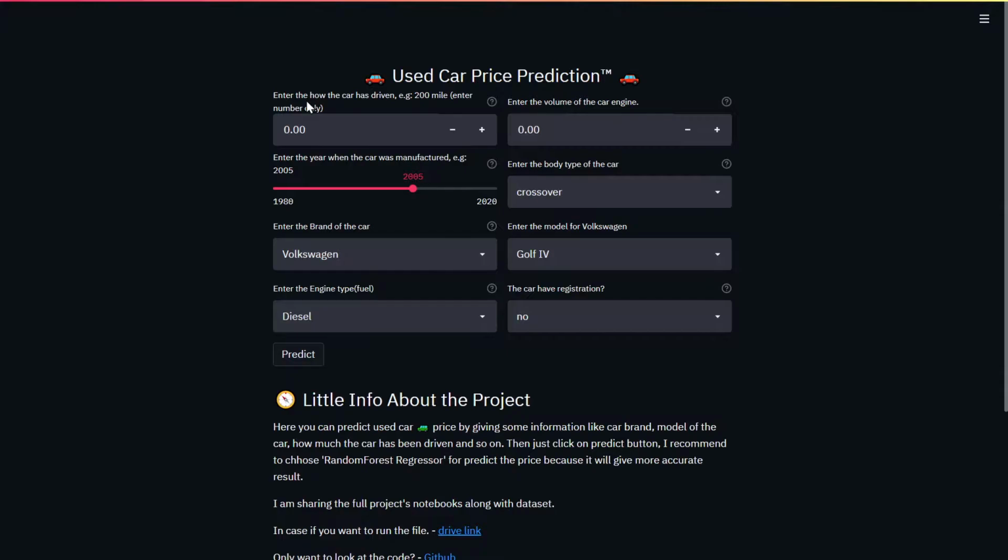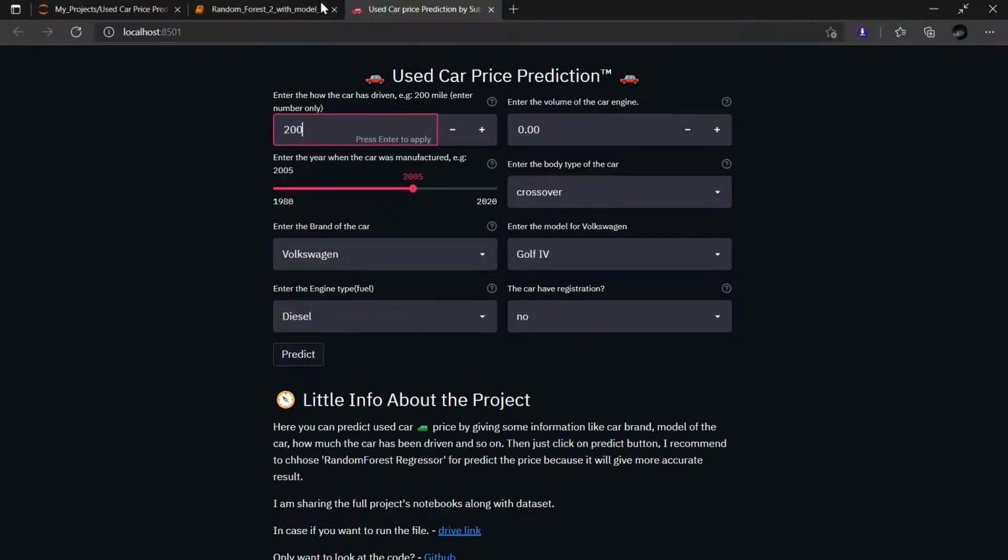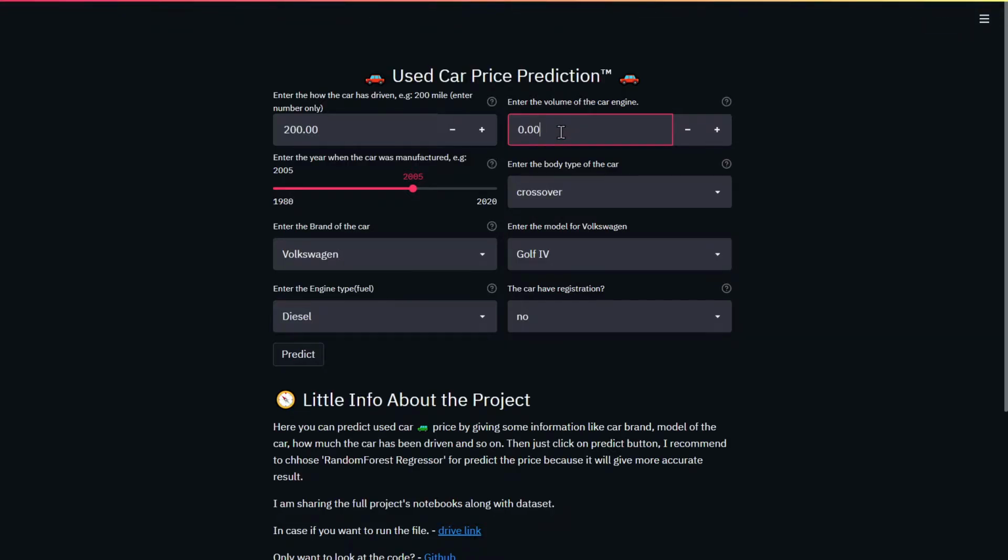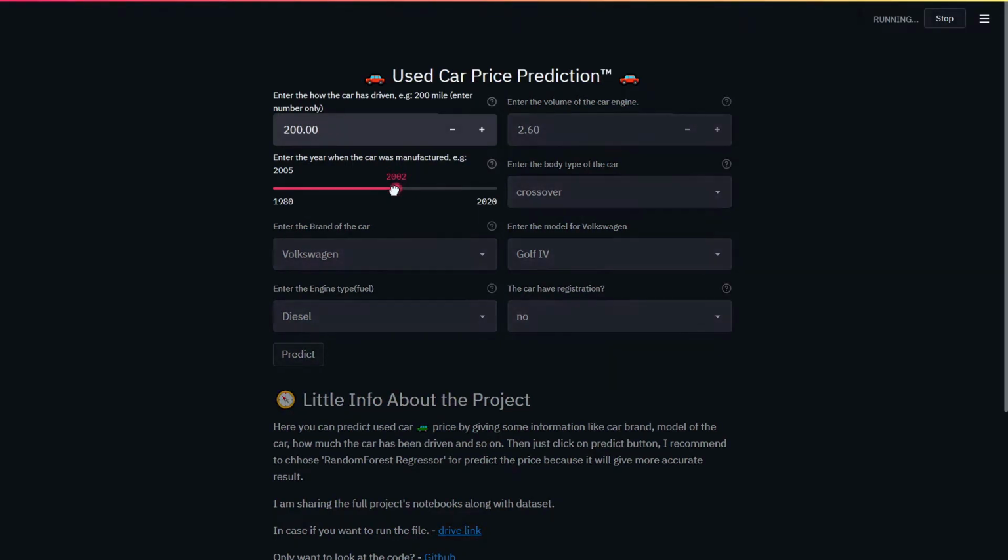Now the first information the user has to put is how much the car has driven. If I hover my mouse over this question mark, it will say how much the car has driven. So let me give some information. Let's suppose the car has driven 200 miles, and then it asks me to enter the volume of the car engine. If I go mouse over here, it says enter the volume of the engine. Okay, so let me enter the volume, like it can be 2.6, and then it's asking me to enter the year when the car was manufactured. So let me say that the car was manufactured in 2022,